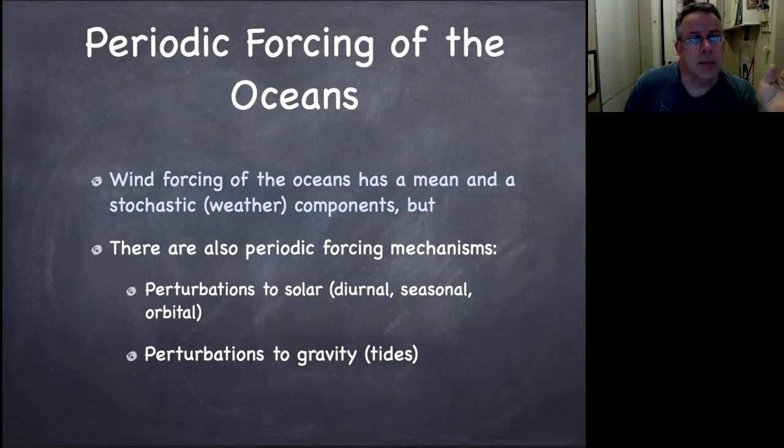So why, you might wonder, are these large, slow waves excited? Well, wind forcing has a mean and a stochastic component on kind of days to week time scale, well, from gust time scale of seconds to minutes up to the synoptic weather component. But there are also periodic forcing mechanisms like solar, the diurnal cycle, the seasonal cycle, the orbital cycle, and perturbations